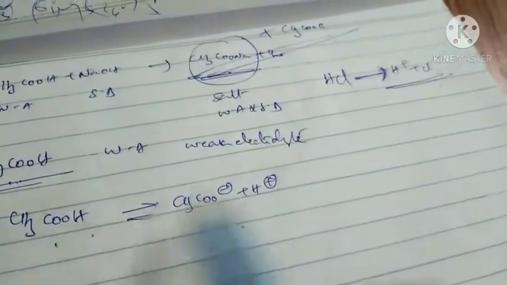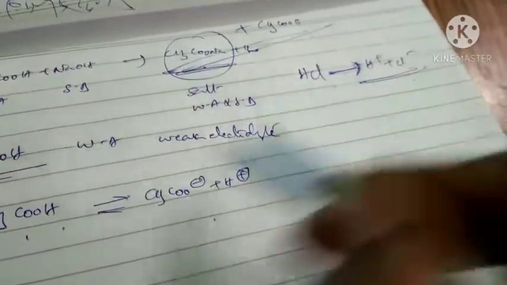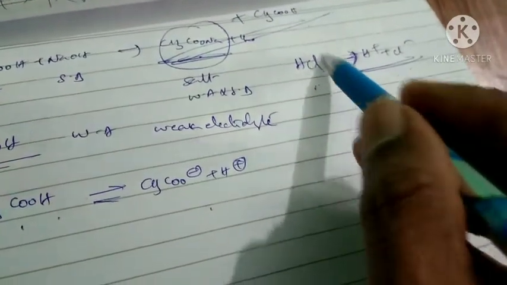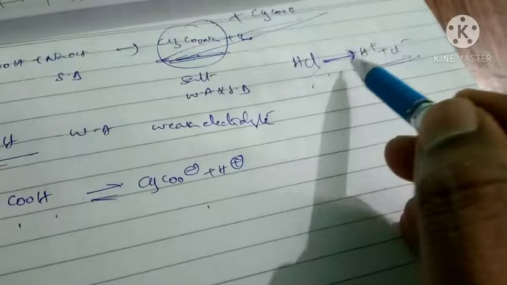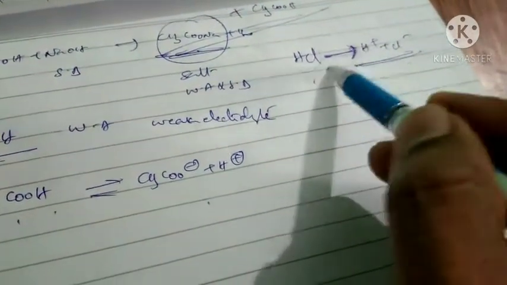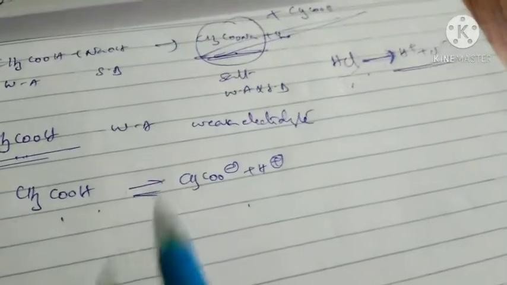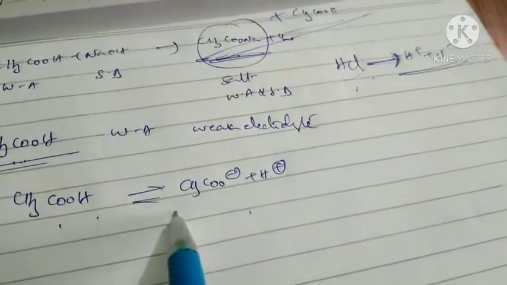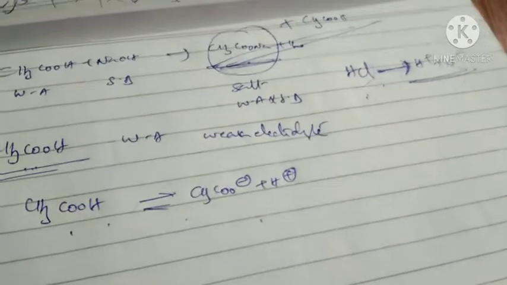Irreversible. This is reversible. So here, what you have to understand? When this compound is present in water, it undergoes complete dissociation. So this single arrow mark indicates complete dissociation. This double arrow mark, the reversible arrow, indicates it does not dissociate completely. That is the meaning of that point.